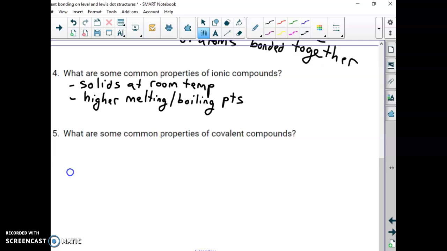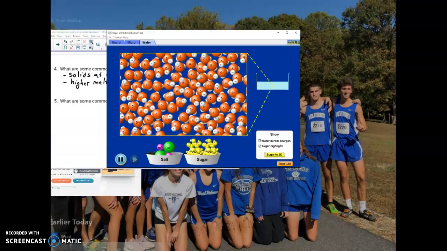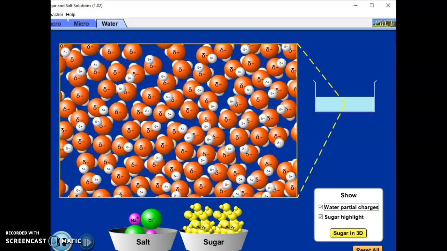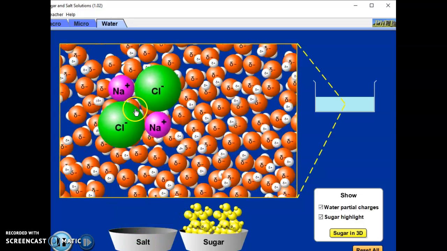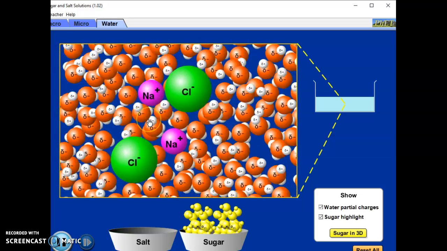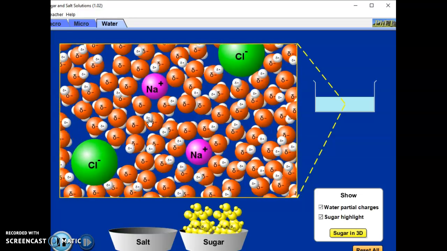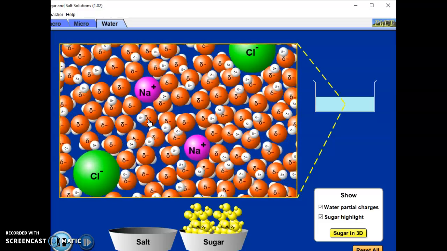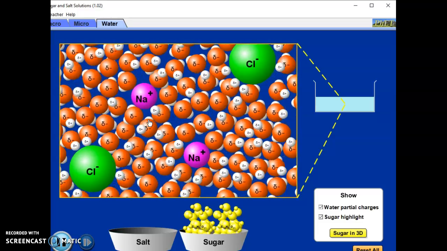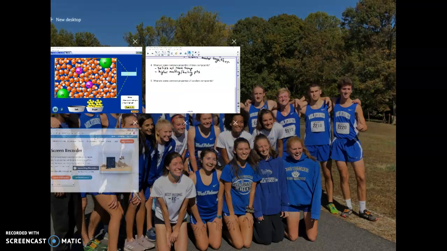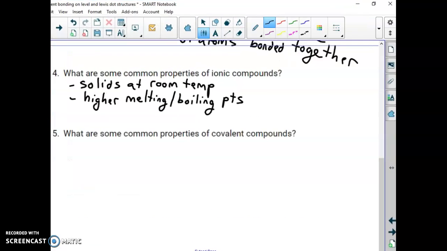We can look at this little video simulation thing again. We've got table salt here, and we put in our sodium chloride into water, and it breaks apart pretty quickly. You get those oxygens attracted to the sodium, you get those hydrogens attracted to the chloride, and this isn't true all the time, but a lot of ionic compounds are soluble in water. They can dissolve,